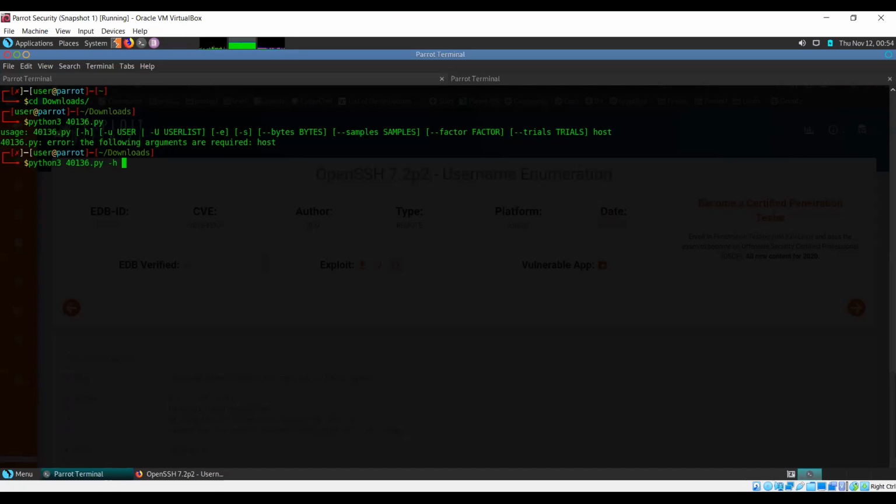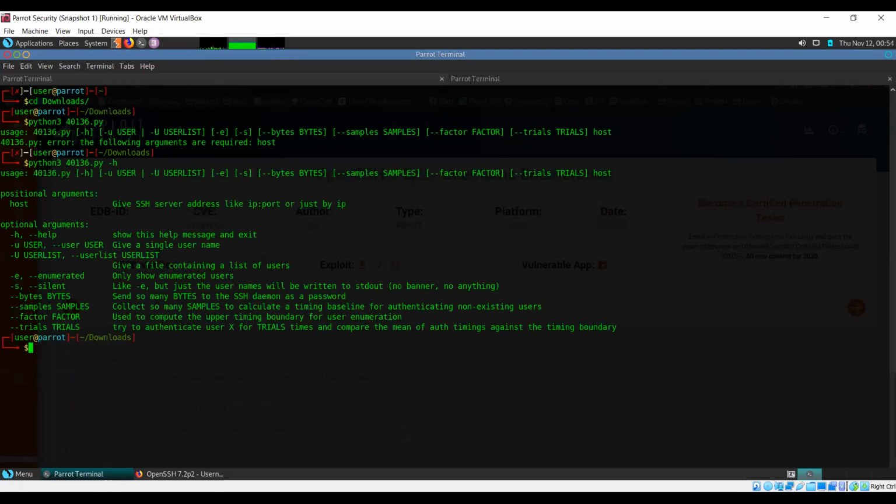Host is, okay. This is for help. I do this. This is a help message that will appear, and it will give us a complete syntax of what to do. If I just give it the host IP, you must give a user or a list of users. Okay.